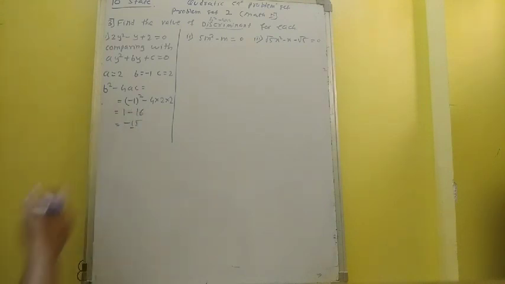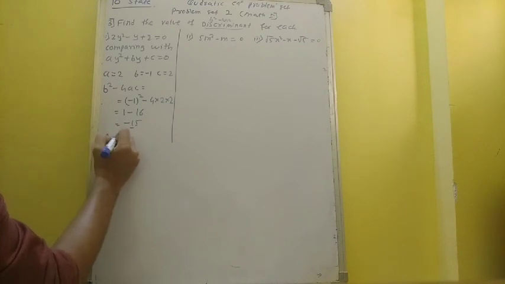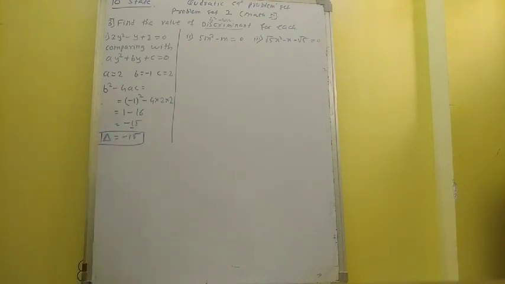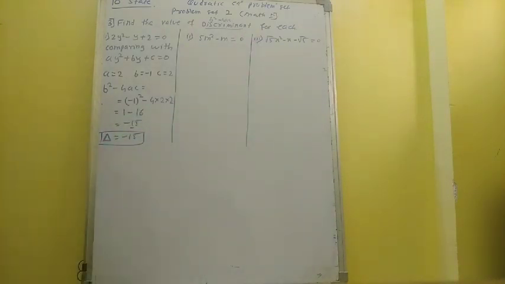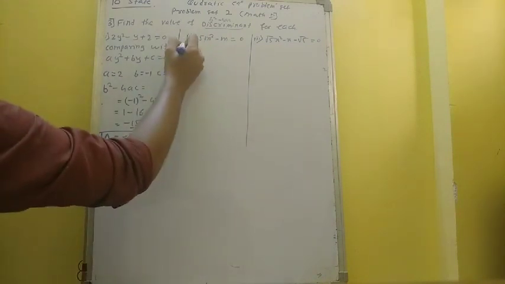So the value of the discriminant, represented by delta, is minus 15. We don't need to say whether the roots are real or unequal, just find the value of the discriminant. That's it. Again comparing with